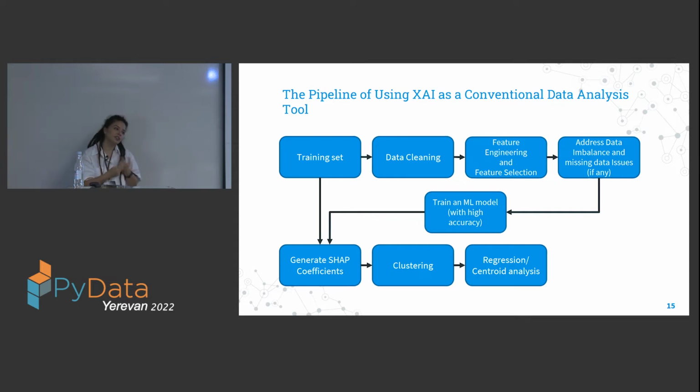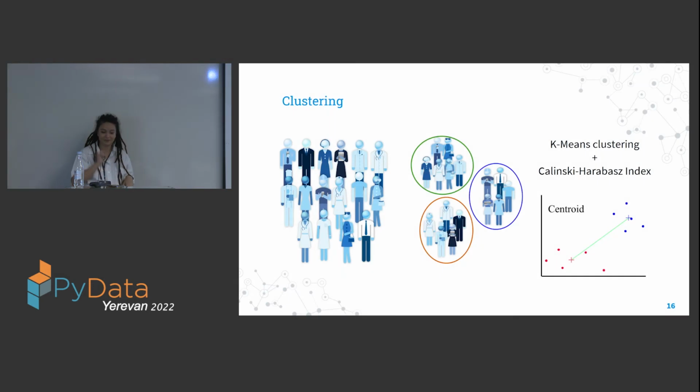But the suggestion here is that we cluster this newly generated matrix of SHAP coefficients, and instead of running our regression analysis only on the initial data set to get the big picture, we also run regression analysis on these clusters based on SHAP values. Running regression analysis on these clusters gives us a very interesting point of view on a data set, which I will show you in a bit, because I have done some experiments.